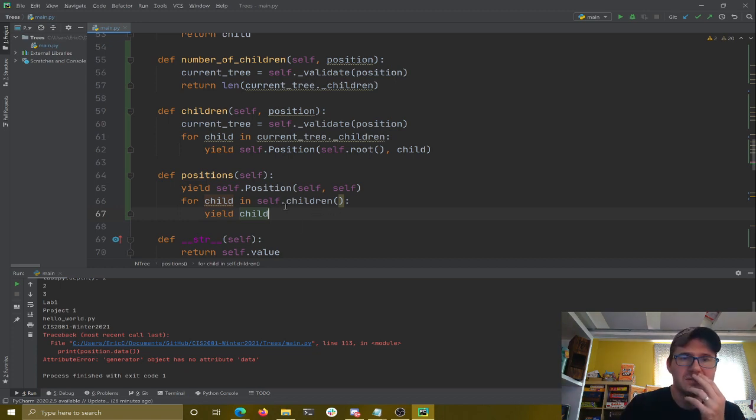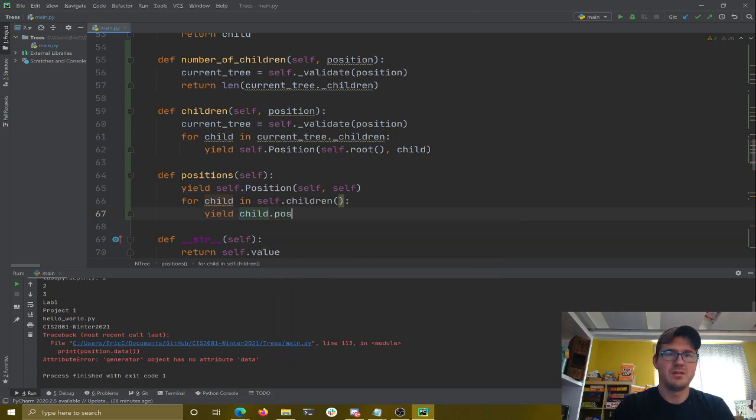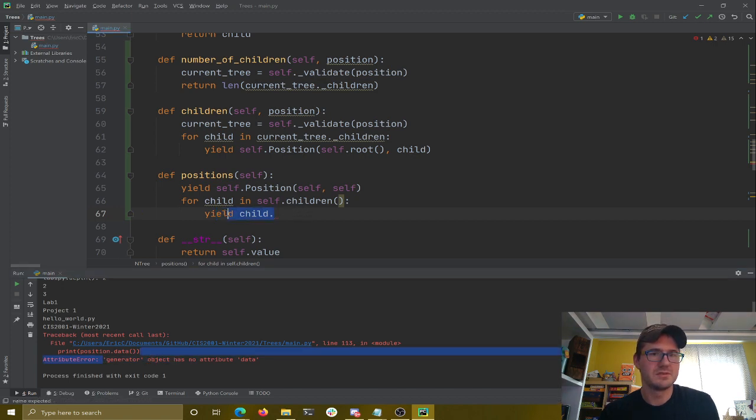Oh, that's not going to do it though. Child dot. Oh, I'm missing that recursive wrapper. I'm sorry. Let's see. Yeah, it's to consume the child position before yielding it. That is there. Yep, generator. Let's see. So for every child in that position,